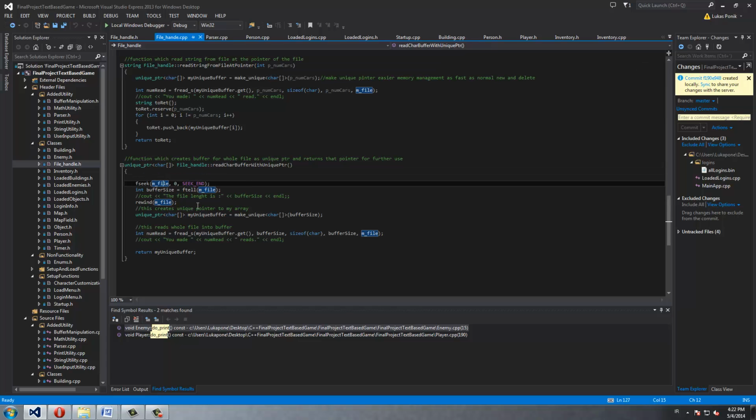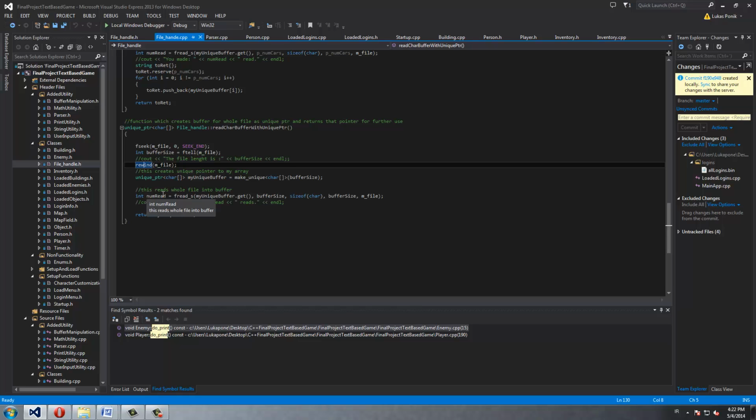So this one I can explain to you. What it does, I go and seek how long my file is. Then I create the buffer size, and I rewind the pointer so that it starts again. Now I create the unique pointer, so I don't need to be afraid of new and delete and memory leaks. I call it my unique buffer, and I make unique character array, and then the buffer size. Now I get how many I read, that's just for check, and I call fread on my unique buffer.get, this gets me a pointer,